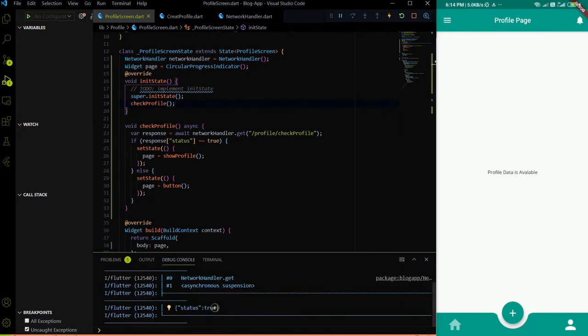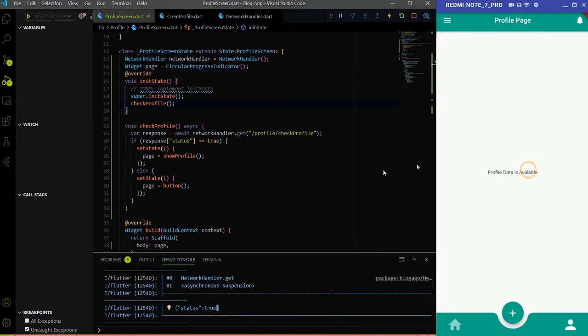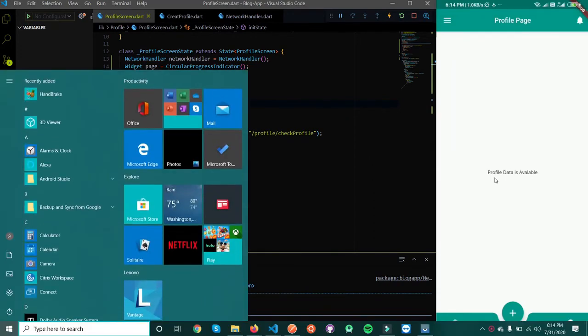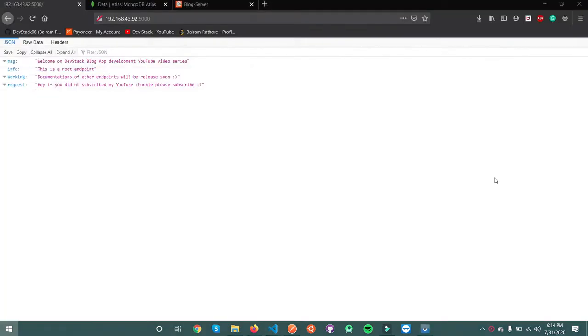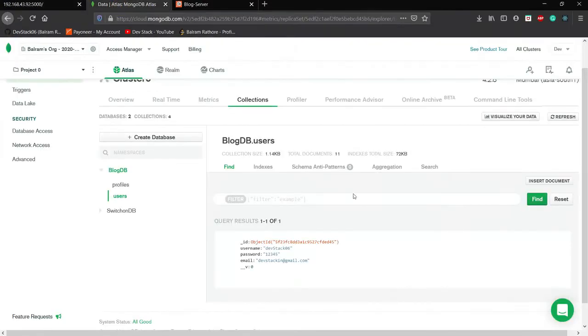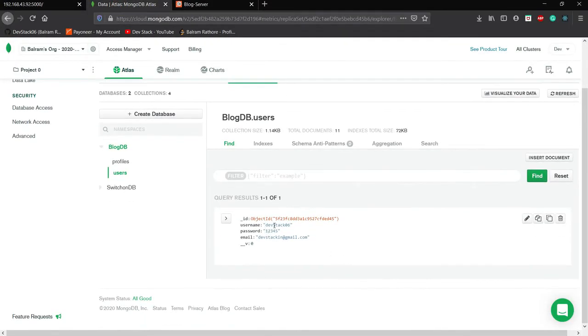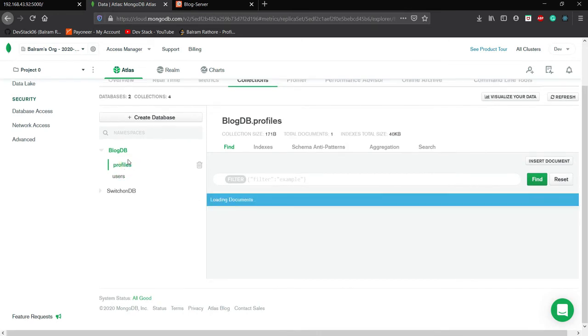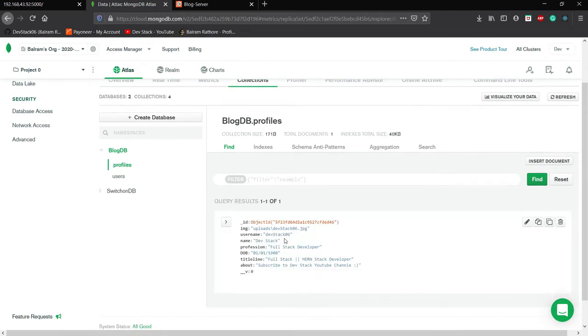And we are getting a status as true, and the data of the profile page is saying that profile data is available. Because if you go on MongoDB, let me go on to the MongoDB Atlas. In the MongoDB Atlas we have a devstack061234 user, and the corresponding user profile is already available.